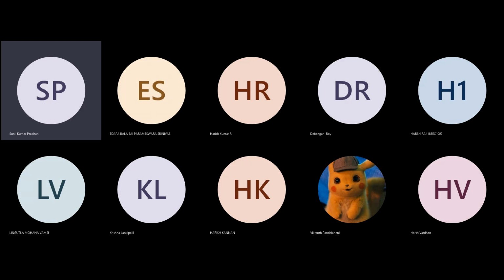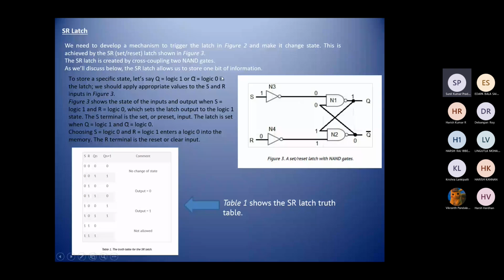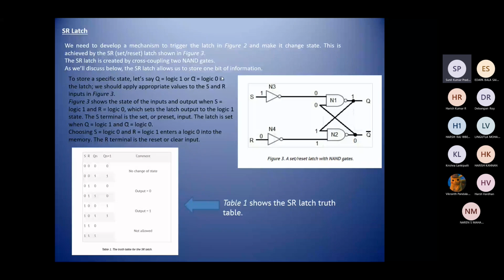In order to develop a mechanism to trigger the latch in figure 2 and make it change state, we need to achieve an SR latch that we are showing in figure 3. Okay, so we have a NOT gate here, another NOT gate here, denoted by N3 and N4, and the output of this NOT gate is given to the input of this NAND gate, and the output of this NOT gate, that is N4, is given to the input of another NAND gate, and